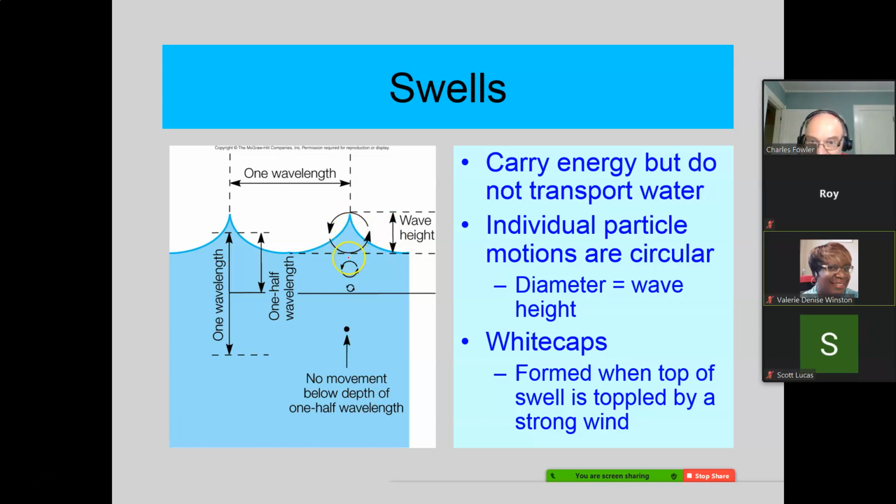Now, a little bit deeper, you still get that motion, but it's circular motion, so you're not really transporting the water much at all. Some of it's getting lifted up, some of it's falling down, but as it's lifted up and falling down, it moves somewhat right to left, but basically stays where it is. A little bit deeper, and you have a little bit smaller circle. Okay, now